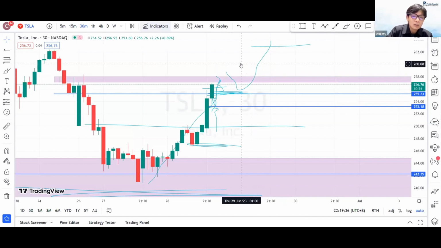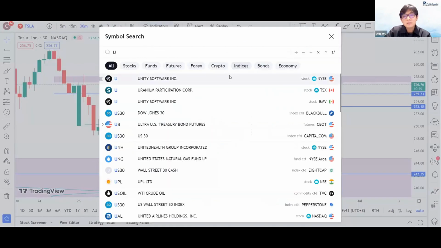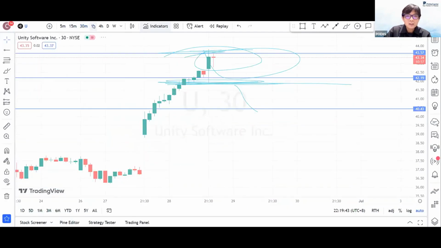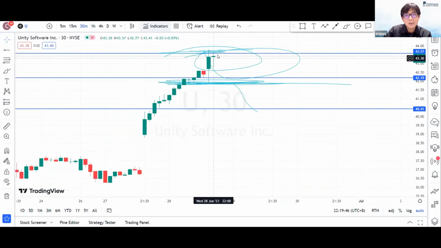All right, so just now another KIV one is Unity. Same thing, Unity, H1 still bullish. M30 turning bullish. This kind of turning bullish price action, I love it. Reason being, you know they are trading near a supply level. Maybe you don't know, but I know that they are trading near a supply level. At a supply level, we will see rejection. But with rejection, you still see price trying to tap higher into this level itself.